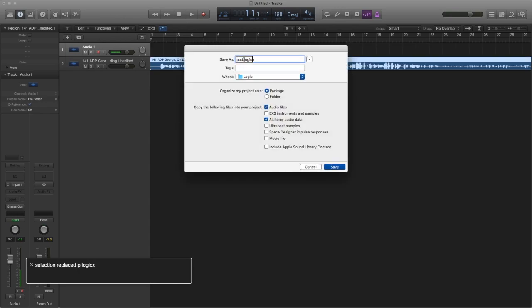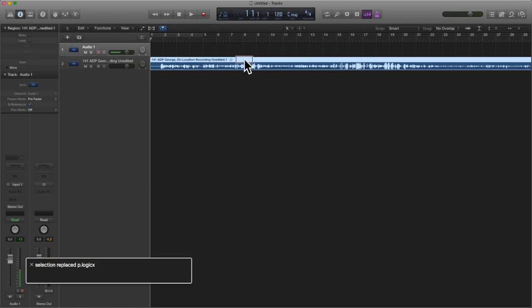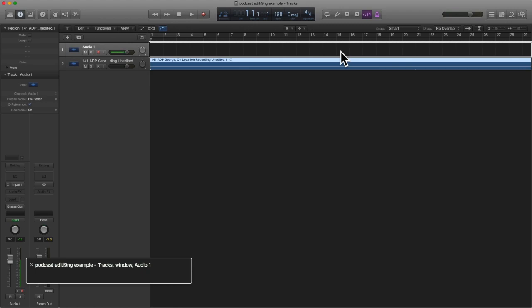Save the project as Podcast Editing Example, Logic Pro X. Audio 1. Close enough. I'll fix that later. I need a new keyboard. Anyway, so